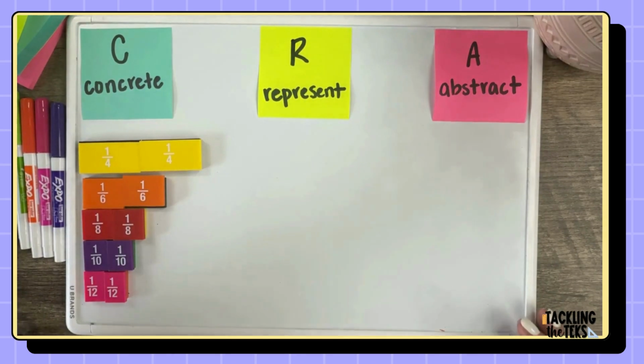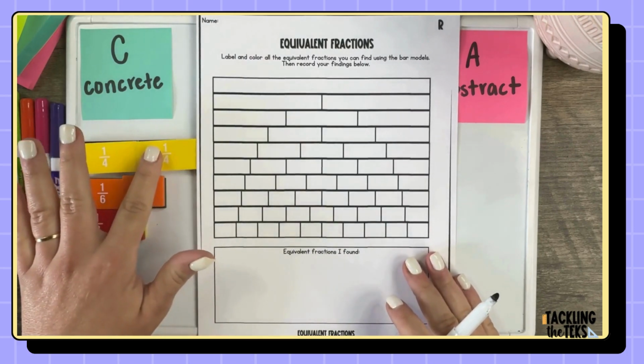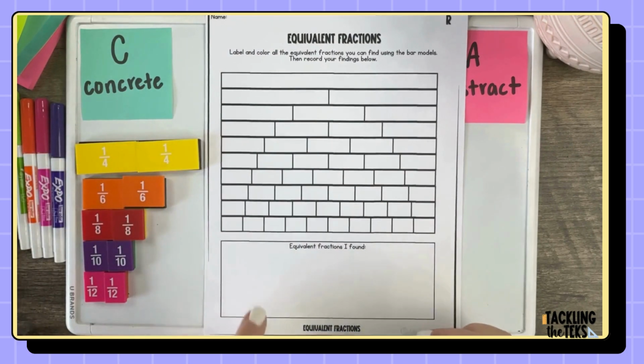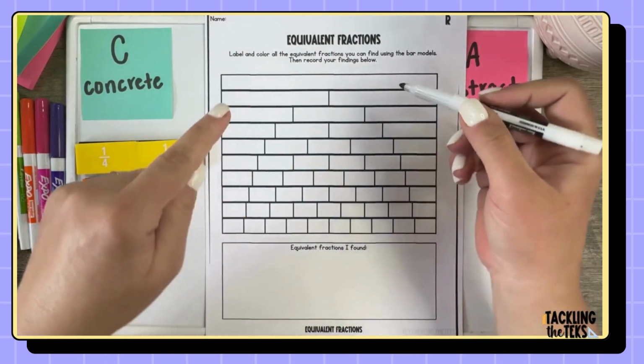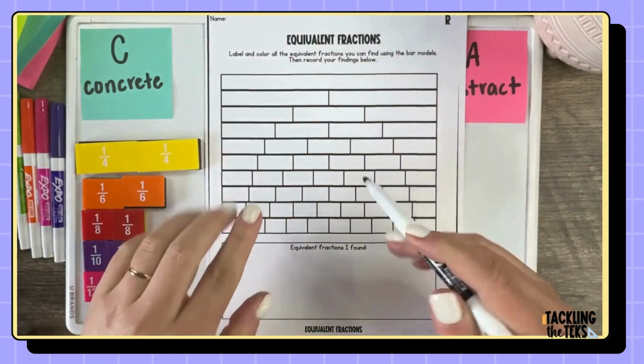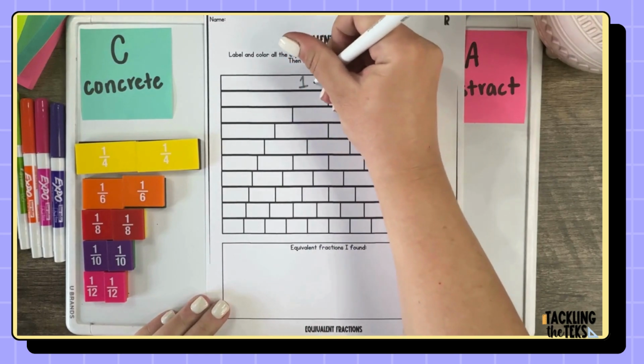comfortable with those halfway point benchmarks. To represent equivalent fractions, a great way is to use these fraction strips, and I also have a paper for using a number line to find equivalent fractions. So if they see here, I have the one whole on top, and I would actually have your students fill in all of these fractions. So for example, I have one whole